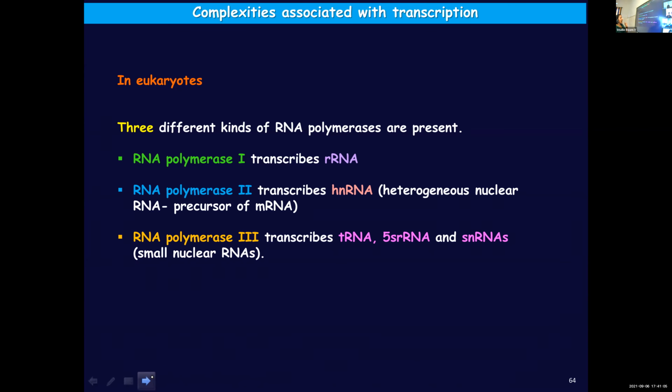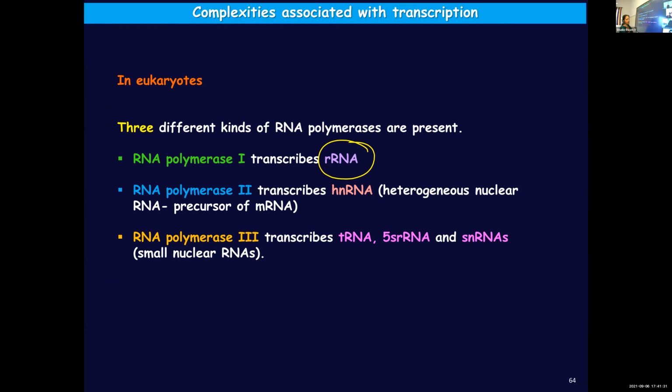They are RNA polymerase 1, RNA polymerase 2, and RNA polymerase 3. And each one has a specific function. RNA polymerase 1 will transcribe ribosomal RNA. rRNA means ribosomal RNA. Then RNA polymerase 2 will transcribe